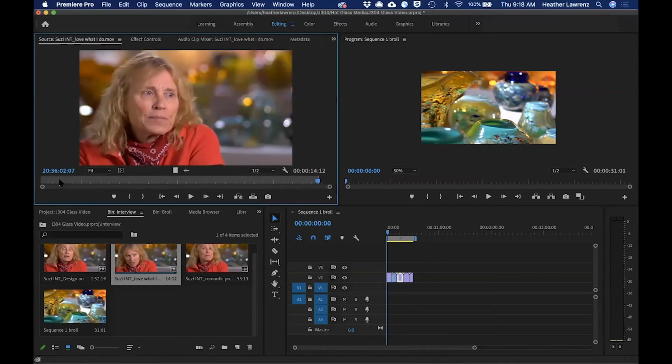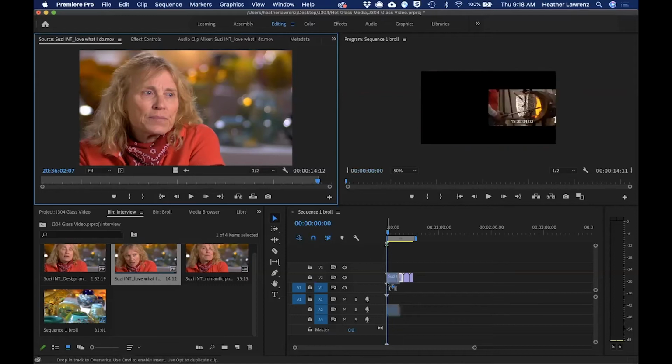So I'm going to hit an out point there. So another technique you can use up in this timeline is only setting one thing. So I'm just going to set an out point right there. And so notice some of the things that Susie said. She was talking about dipping the hot glass and the blowpipe. These are great visuals, and if we can line that visual of her talking up inside the timeline, that's a wonderful thing. So we're going to bring this video clip right into